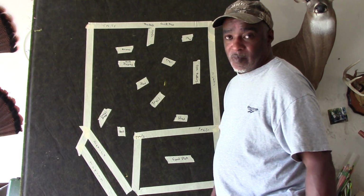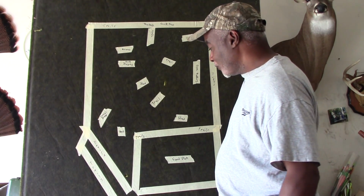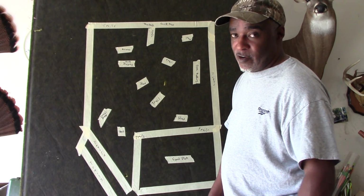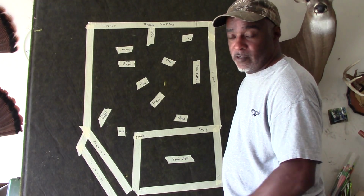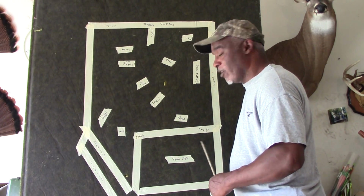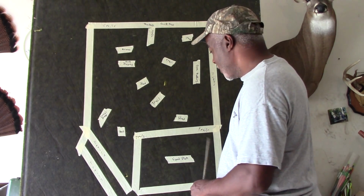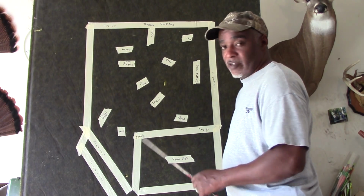During the post rut, I hunted pretty much the same as the early season, because for the most part they're gonna go right back to food source. A lot of acorns gonna be gone. They're gonna be walking through the woods looking for it, but for the most part they're gonna go to the green. They're gonna go to soybeans or brassica or clover or something. So I just go right back to your early season tactic,